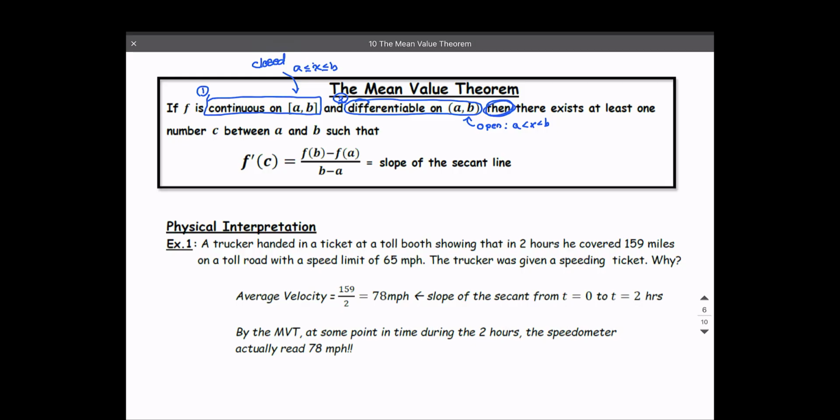Then you can say there exists at least one number c between a and b such that f prime of c equals f of b minus f of a over b minus a. Now this f of b minus f of a over b minus a, that's slope, or the average rate of change, which is the same as the slope of the secant line. This f prime of c, also known as the instantaneous rate of change, is the same as the slope of the tangent line